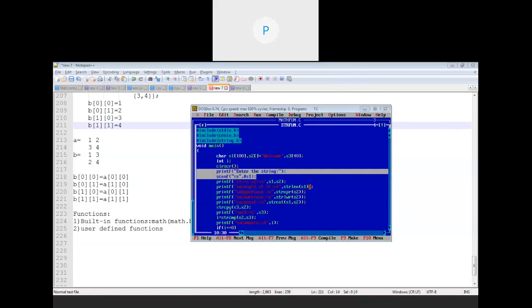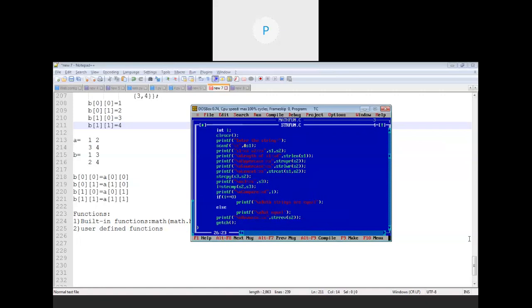Then uppercase can be displayed by using strupr, lowercase by using strlwr. Then concat, it is used to join two strings, the strcat function. Then we have strcpy. This function is used to copy one string into another string, like S2 will be copied into S3. Then we have strcmp. This function is used for comparison purposes.